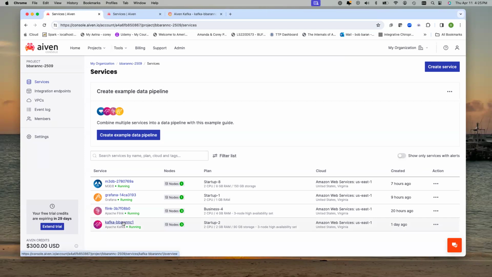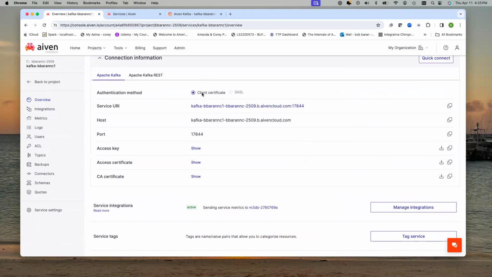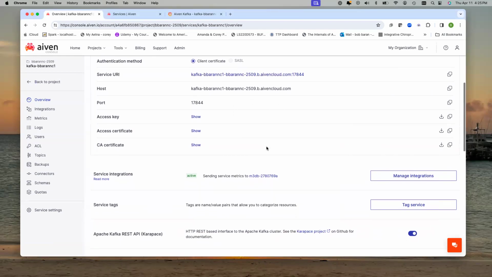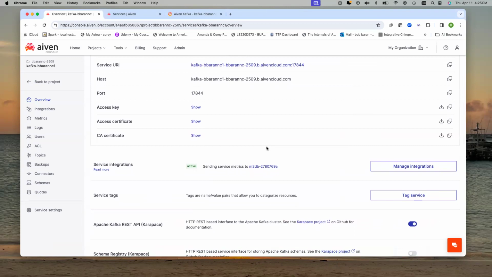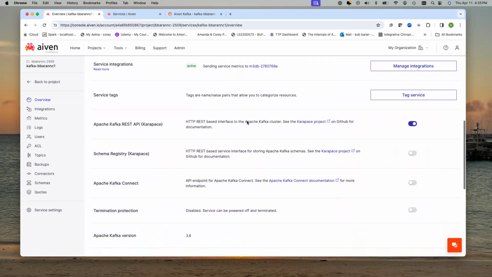So let me jump into the Kafka service that I have running. And what you can see here is, for my authentication method, I'm using a client certificate. It's going to give me all the information and fill this in for me as far as the access. It's also going to allow you, when you set this up, to pick